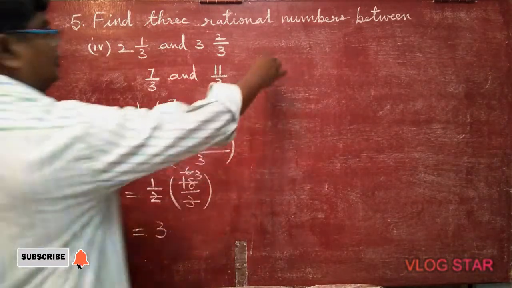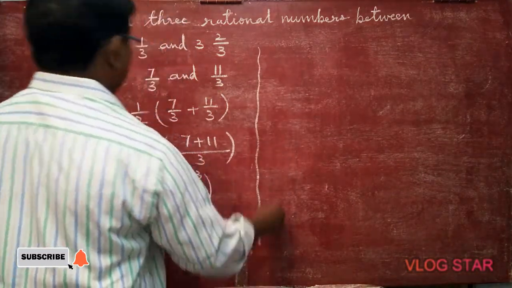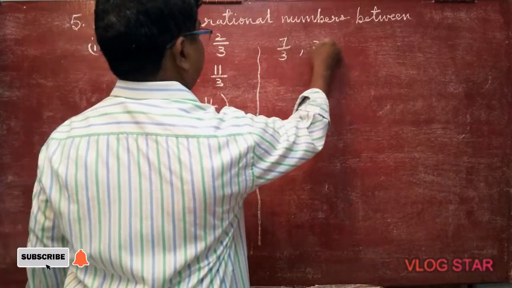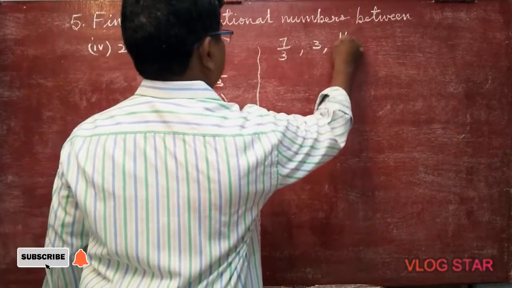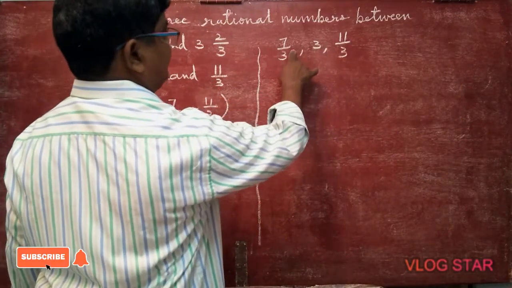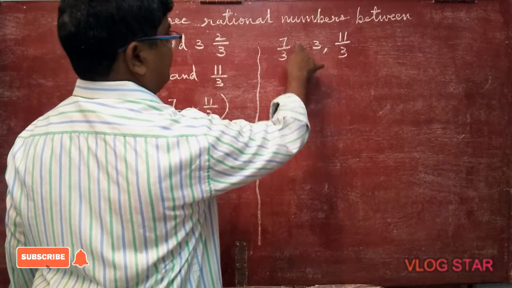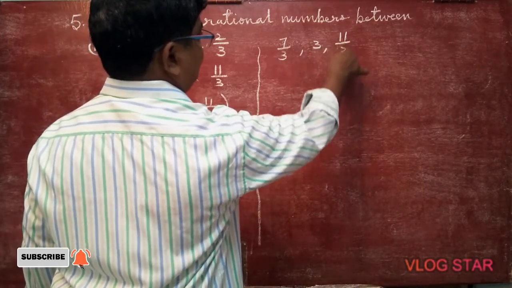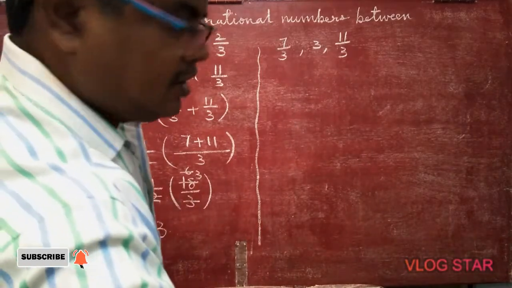Now 7 by 3, comma, 3, comma, 11 by 3. Two more we have to find. In between 7 by 3 and 3, 1 we have to find. And between these two, 3 comma 11 by 3, 1 more we have to find. Now